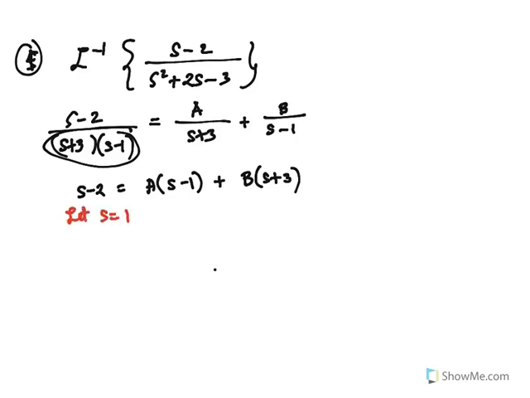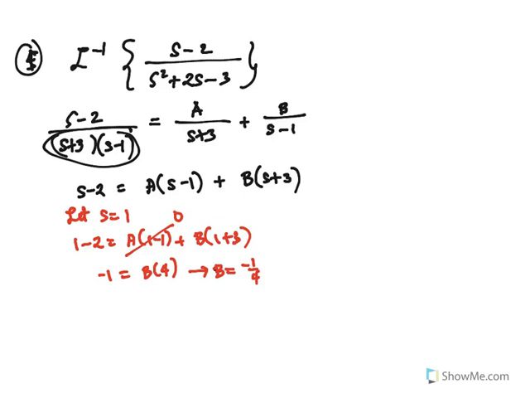If s is equal to 1, then you have 1 minus 2 is equal to A times 1 minus 1 plus B times 1 plus 3. So, ginawa natin yun kasi when s is equal to 1, yung nakamultiply sa kanya na A, automatically mawawala dun sa equation kasi magiging zero yung product. So, you'll have here negative 1 is equal to B times 4,